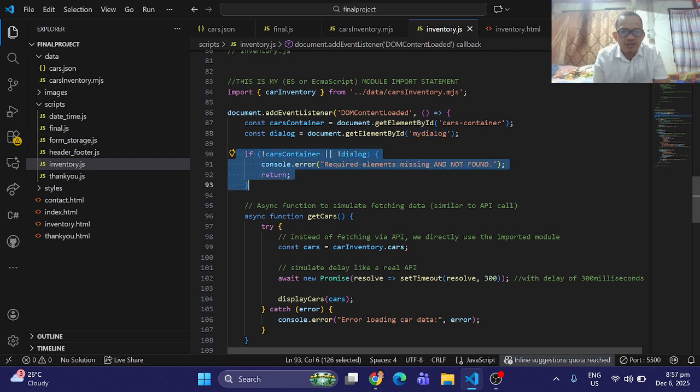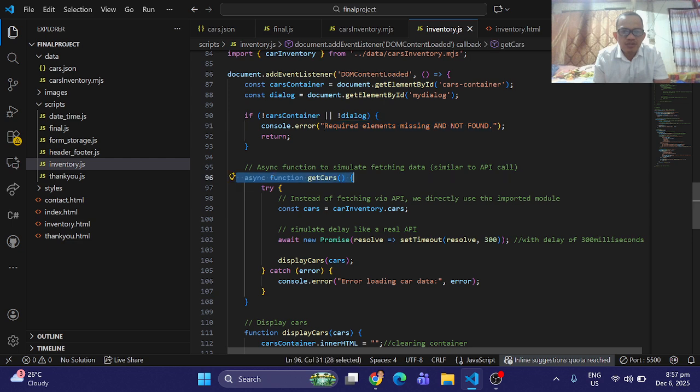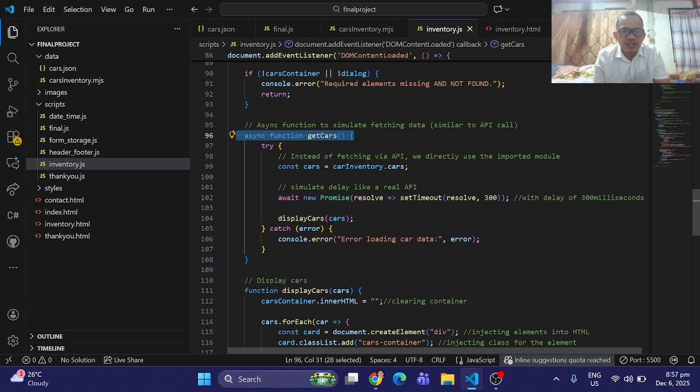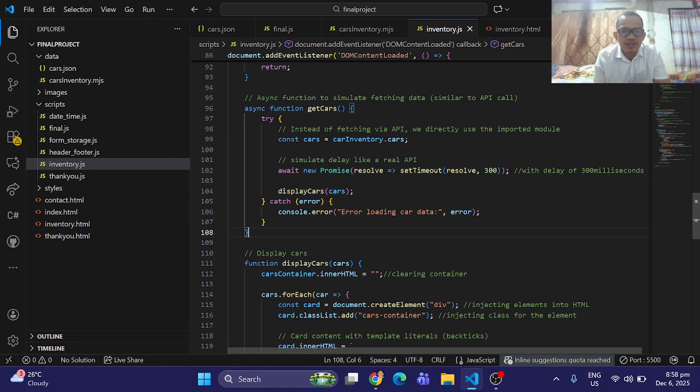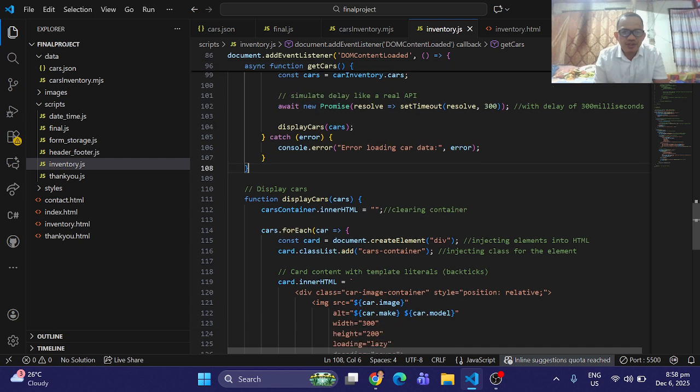Okay, so I also have a code block here to check if the cars container or the dialog container are available. If not, then this error will be printed in our console. Then I'm using the asynchronous function get cars with try and catch blocks, so this will handle exceptions or errors.